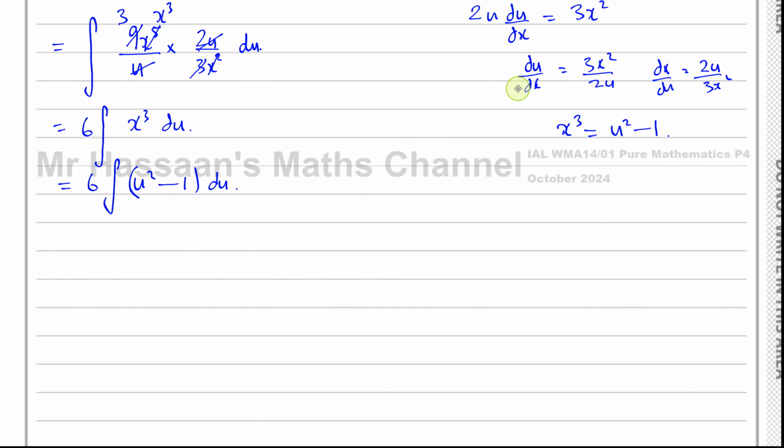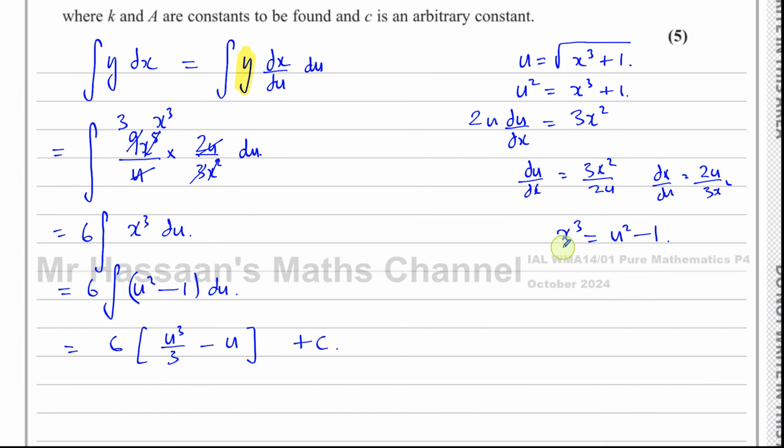Okay, so now we have to integrate this with respect to u. So we end up with 6 times, and we'll have u squared, which is u cubed over 3 minus u, and of course plus c. Now what we have to do is take our u, which is the square root of x cubed plus 1, which is like x cubed plus 1 to the power of a half, and put it back into here. So you have 6 times,